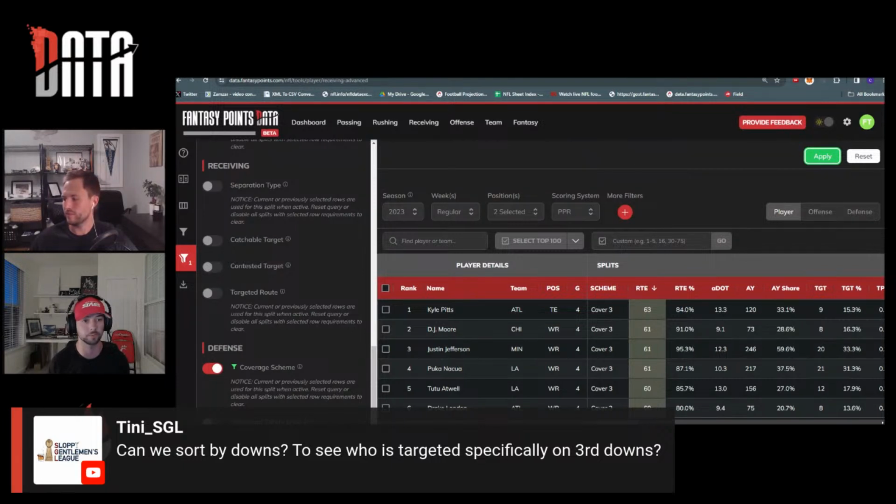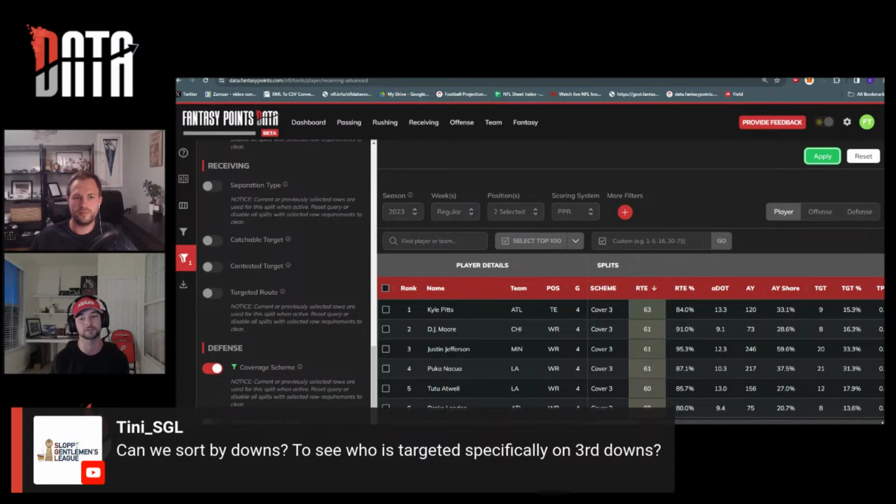And I think when you look for what the biggest edges are remaining in a single game daily fantasy contest, a lot of this coverage stuff is just not being accounted for in most projection sets. And if you're a showdown grinder, this is a tool that you're absolutely going to want to live in before Monday night, Thursday night, and Sunday night football, because it's just going to give you such a big edge in